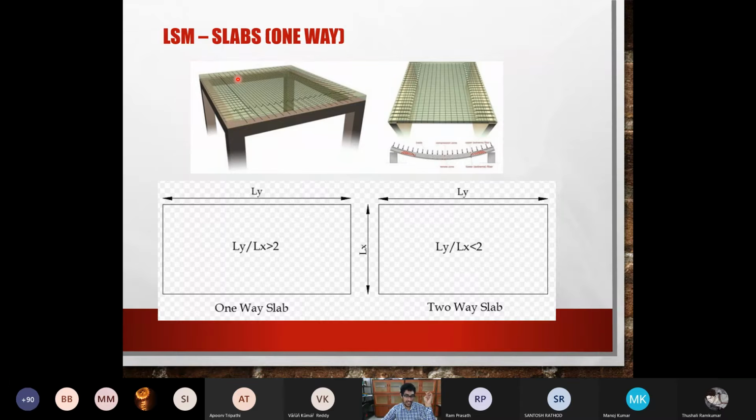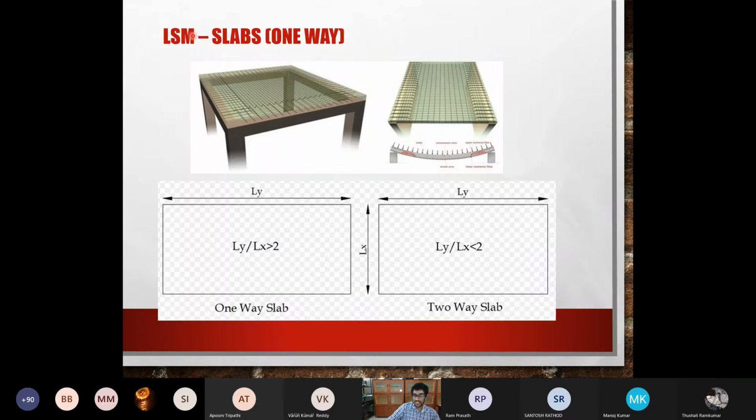Okay, framed structure, meaning that you have slabs, then you have beams, you have columns, then you have your footing. Okay, so it is different from having something known as a load bearing structure where you have a slab, directly it sits on a wall, and from the wall you have the footing below it, or the column and footing below it. So those are two cases. Anyway, so coming back to this,